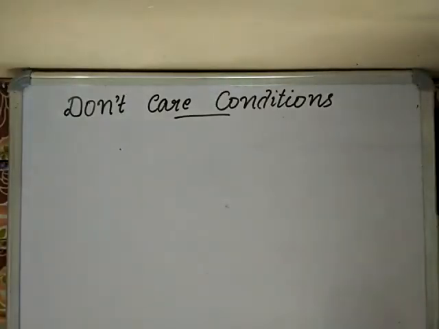Next topic is don't care conditions, or cannot happen states. The logical sum of the min terms associated with the Boolean function specifies the condition under which the function is equal to 1. The function is 0 for the rest of the min terms. These conditions assume that all the combinations of the values of the variables of the function are valid.